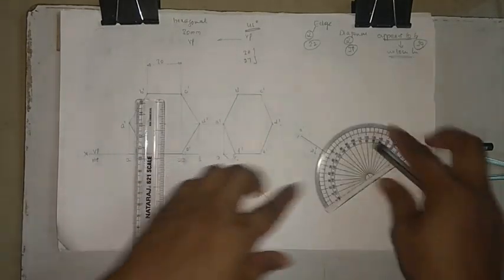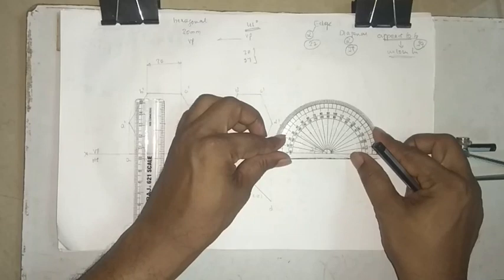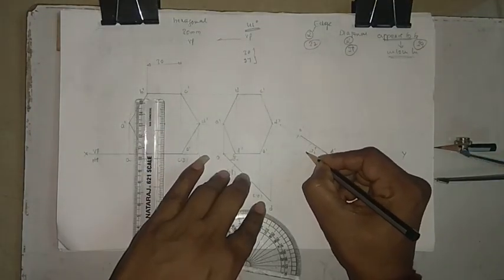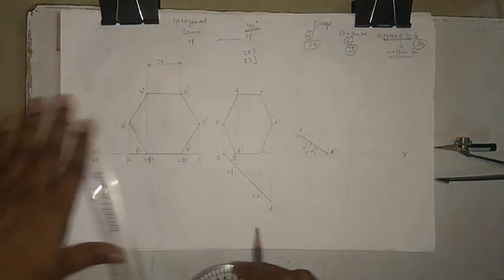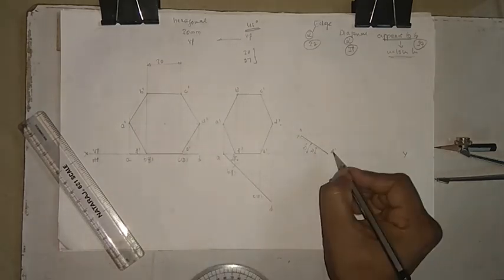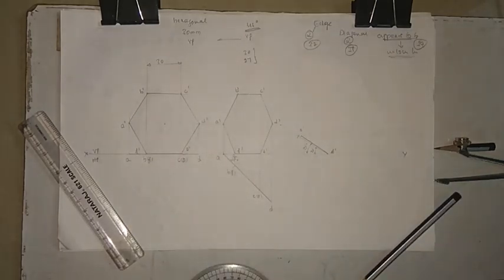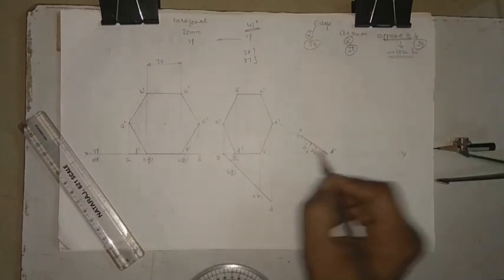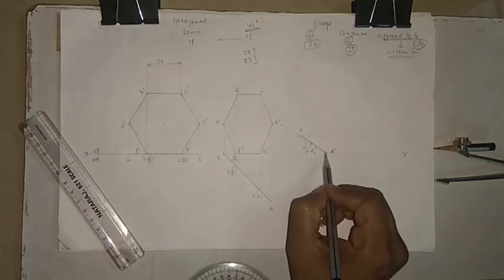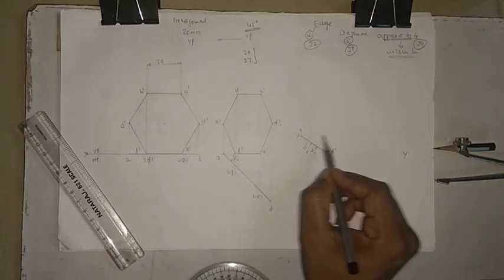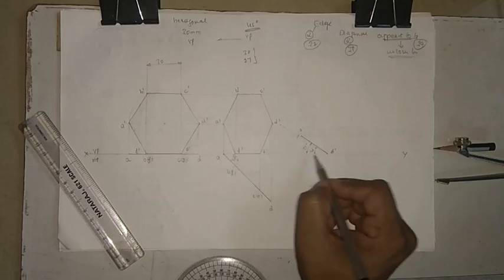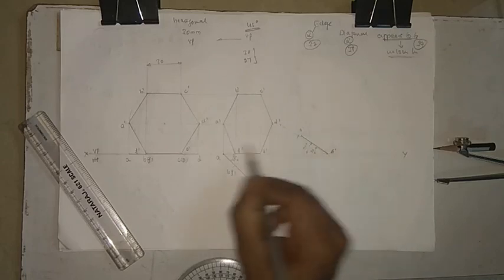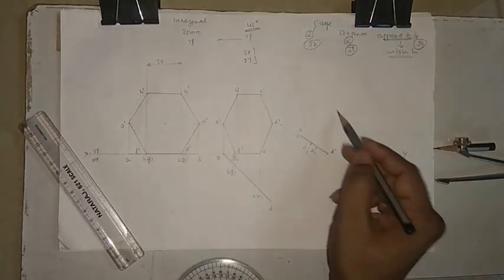Okay, so now we measure this one, we'll get around 33. So now you mark this line as 33. Okay, so now what we did, just to have a glance, we have taken F dash here. Okay, so we'll write F dash, then we have taken the first line, that is 30 mm, we cut an arc at a 30 degree and we have drawn one horizontal line. Then we have taken the second edge, that is AF, we have cut an arc, we got 33. So now by taking this reference we need to construct this whole hexagon here.